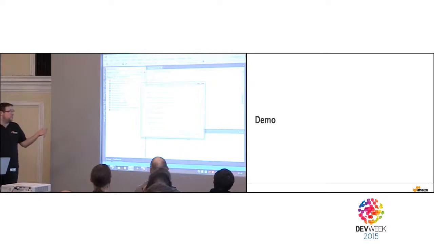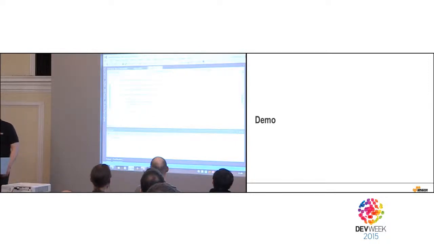You just go to Amazon SQS, Simple Queue Service. It's a nice name. You just name a queue, press OK. Again, you have a queue that has been created. And once you are in Visual Studio, what you can do pretty easily, right now, we have a new SDK that's just been made in preview.